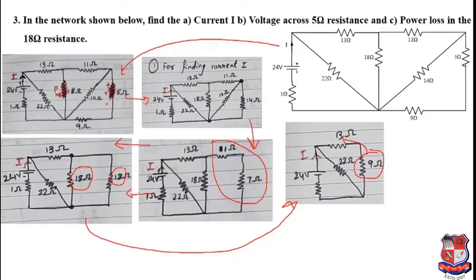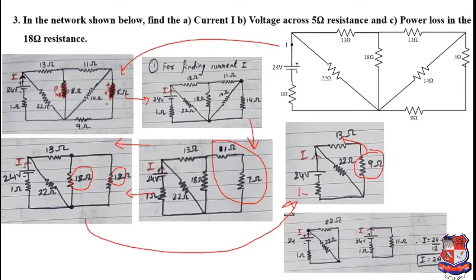That 22 will be in parallel with 22. Over here this is 1 ohm. So this 22 will be in parallel with 22, giving us 11 ohms. This 11 ohm is in series with 1 ohm, so you will get 12 ohms as the equivalent. And you need to find this current, so that is kept untouched. All other equivalents were found, but this much part was kept untouched. In any circuit which I have solved in this case, that much part was left untouched.